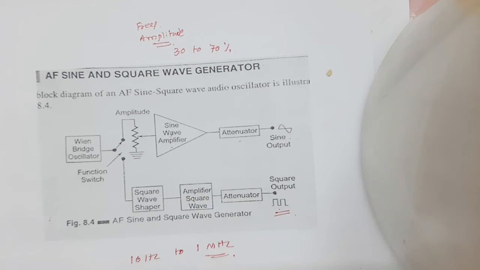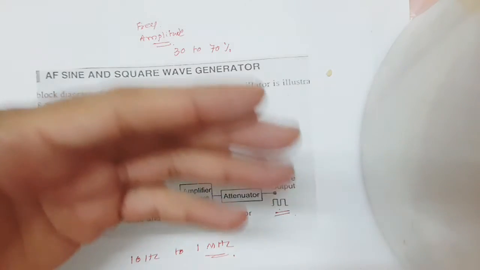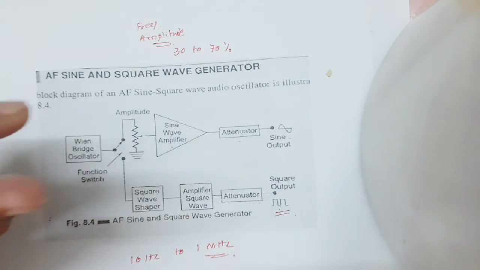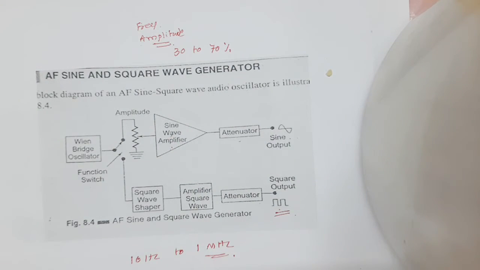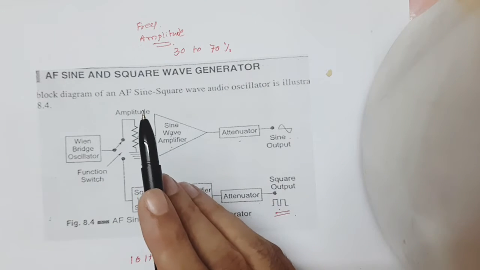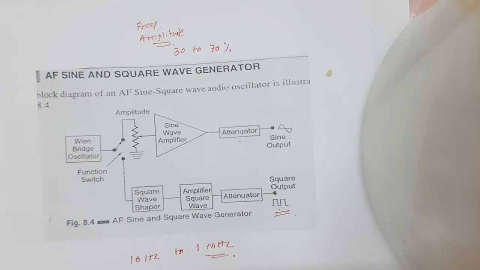The front panel of the signal generator. When you see this AF sine and square wave generator in the laboratory, on the front panel there are different knobs. These are the frequency selector switch, frequency multiplier, amplitude multiplier, variable amplitude, symmetry control, amplitude changer, functional switch, output available, and synchronization. These are the different switches available on the front panel of this generator.